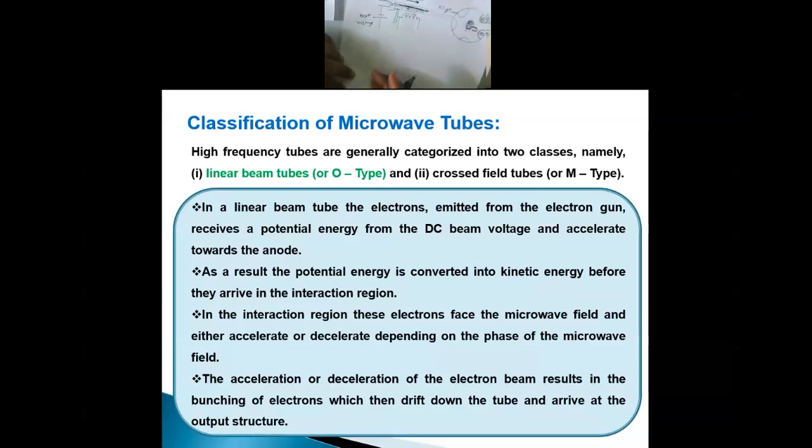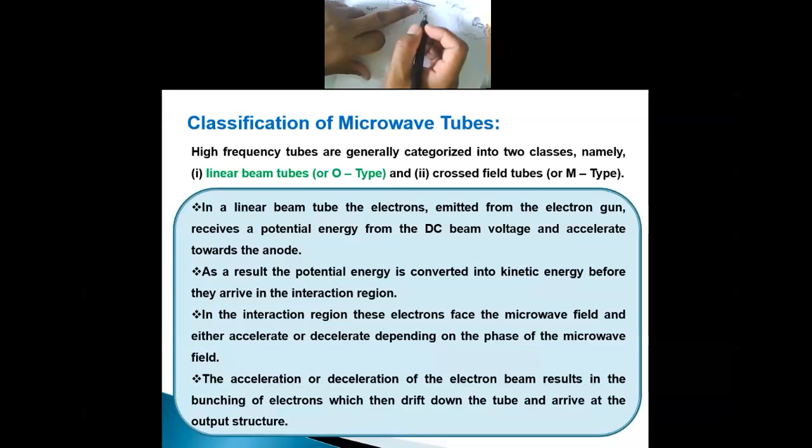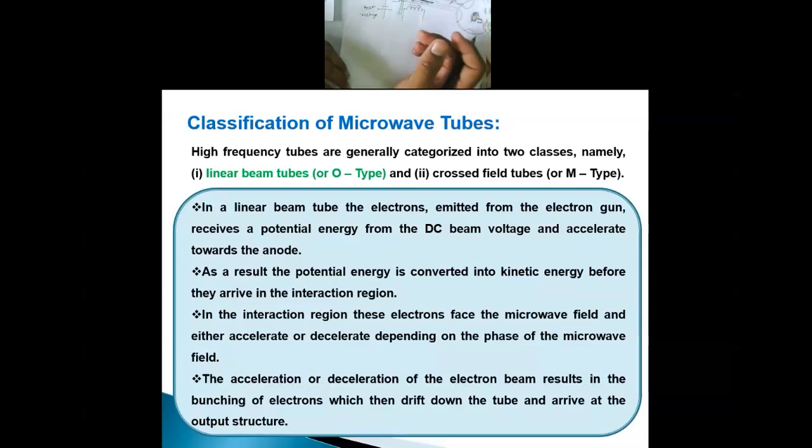when they come near to the cavity. And then what happens? That electron has its kinetic energy. They will release their kinetic energy, and then they will stop, or we can say they will be absorbed at the other plate there. So now we need to know about the interaction region.